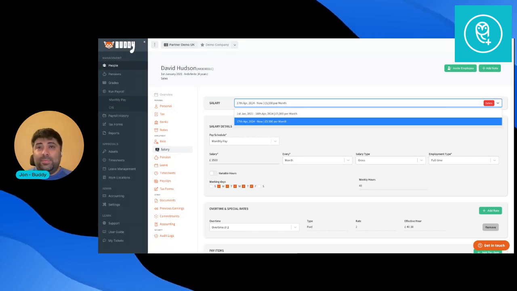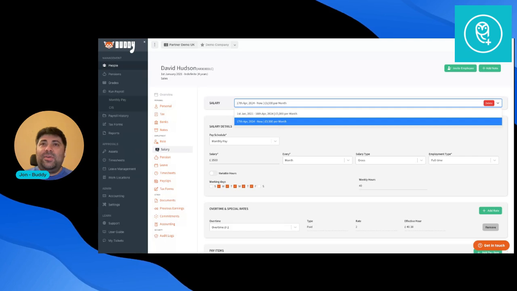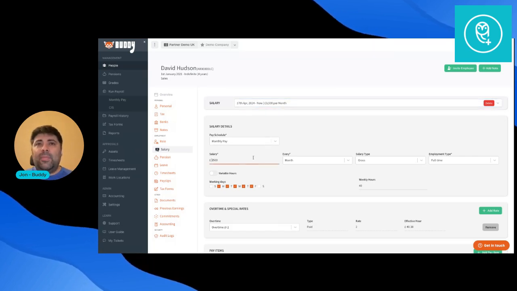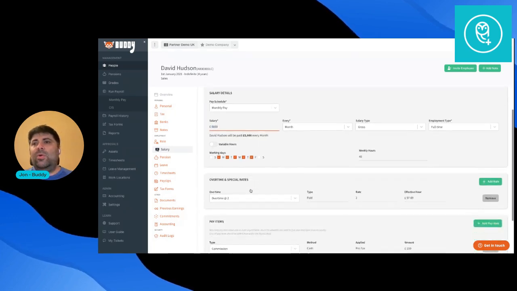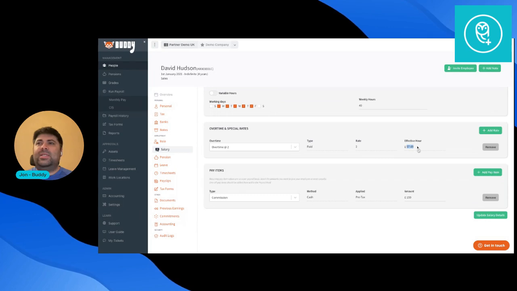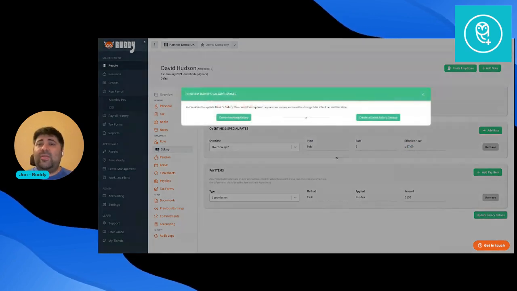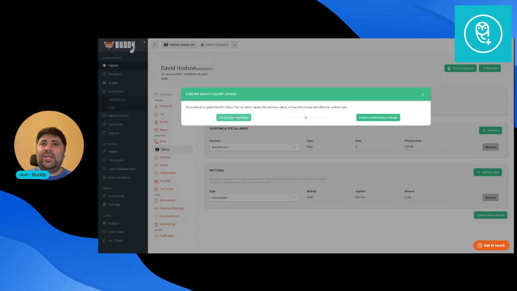We do keep a history of everything that changed. So if a client comes and asks, when was the last raise we gave this person, you can actually find that out. And the system will always show you as well what the hourly rates are for the effective overtime rates that you have. Any changes that you apply within the platform can be either as a correction,